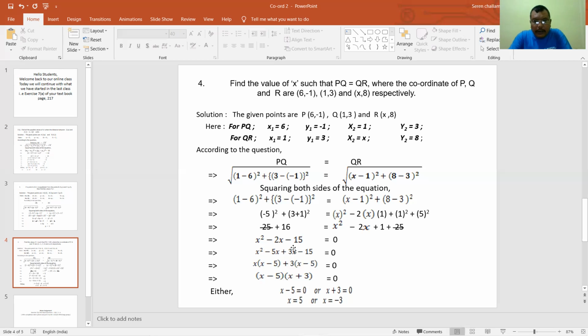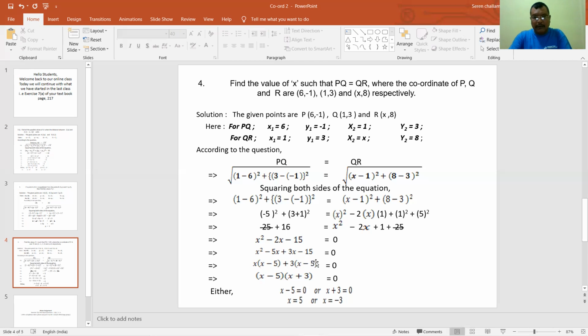Now this one here is a quadratic polynomial, so we factorize this by splitting the middle term. Since 5 into 3 is 15, whereas minus 5 plus 3x is minus 2x, we split the middle term as x squared minus 5x plus 3x minus 15 equal to 0. Now, between the first term and the second term, since x is common, we take x common, we have x minus 5 plus